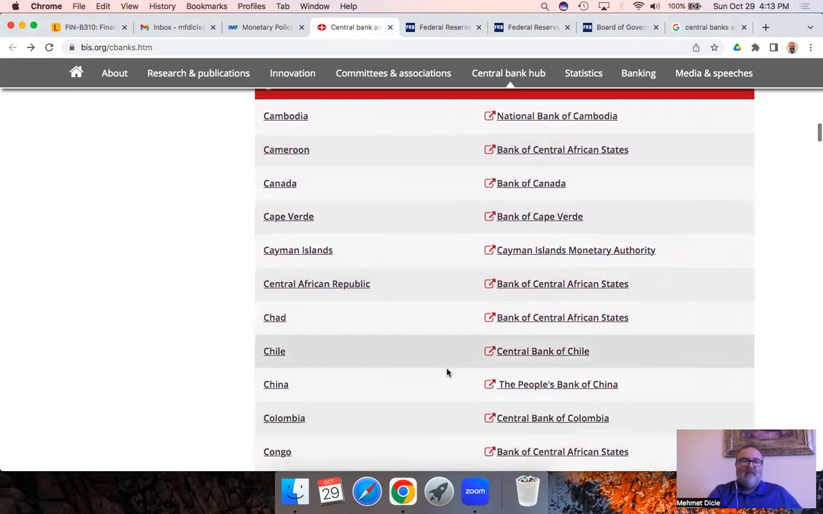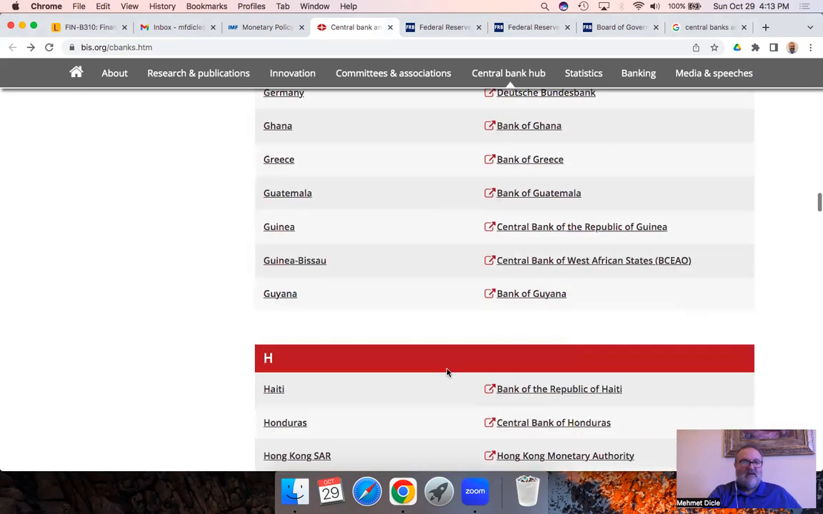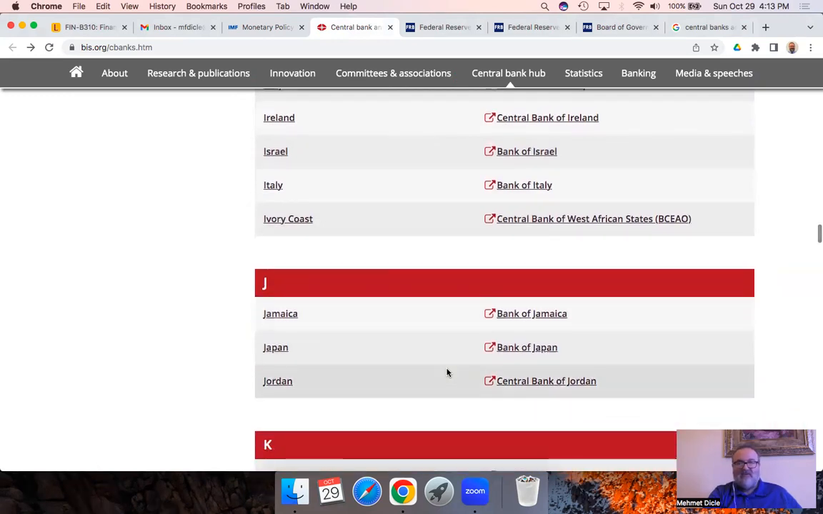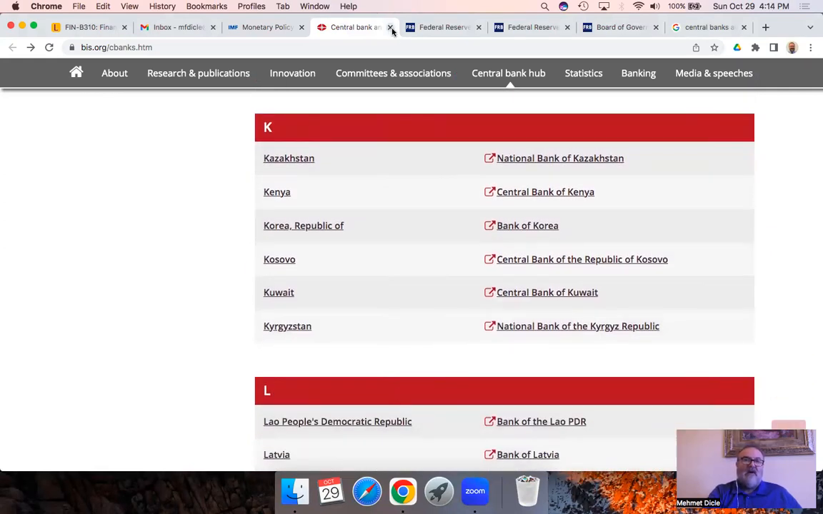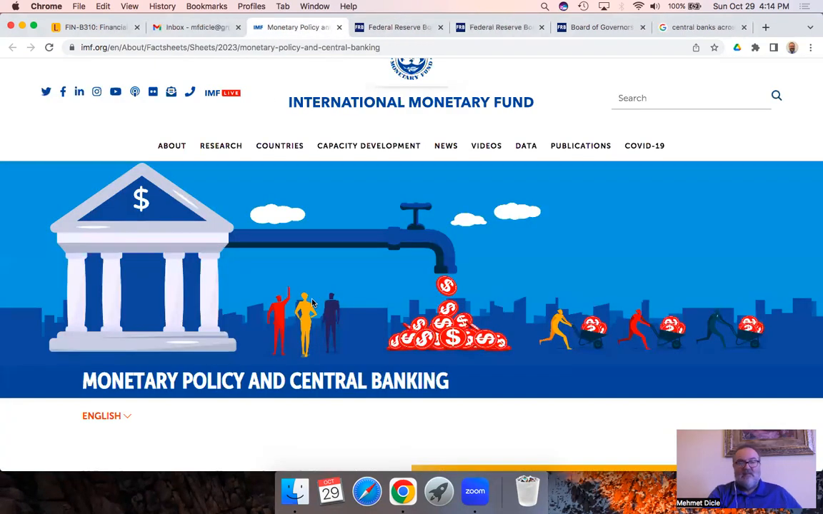So, these are individual central banks that I'm going through, and as you can see, every country has a central bank of the country, or Bank of Japan, Bank of Jamaica, Central Bank of Jordan, Central Bank of Turkey, and as such. And when you look at the monetary policy and the central bank, the general idea